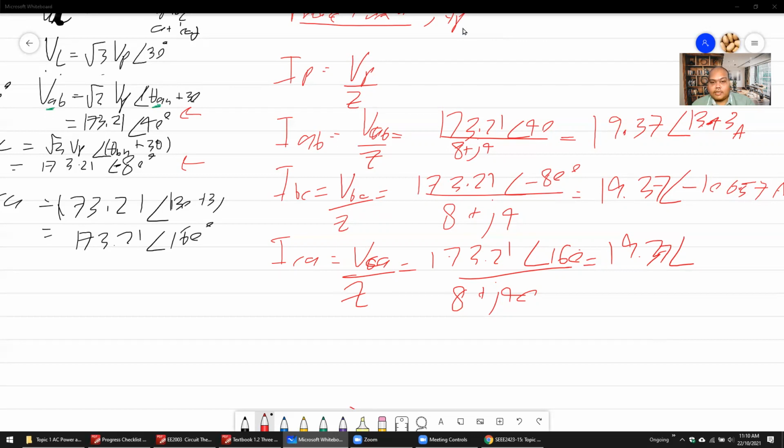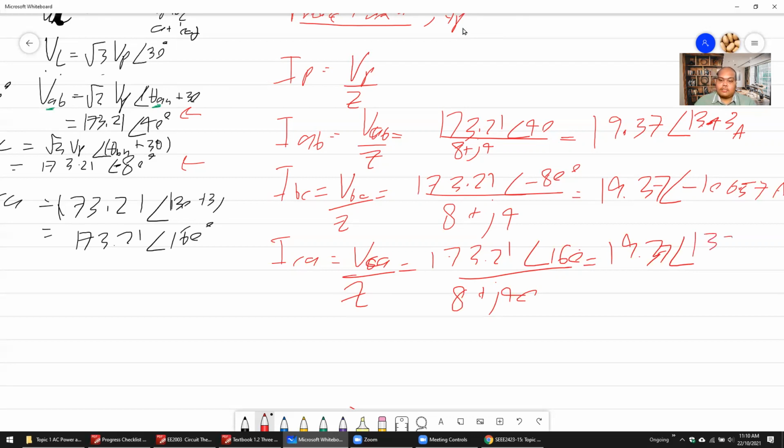Okay, now 173.21 160 divided by open bracket 8 plus 4i. Okay, 133.43 ampere. So you get the phase current and now the line current